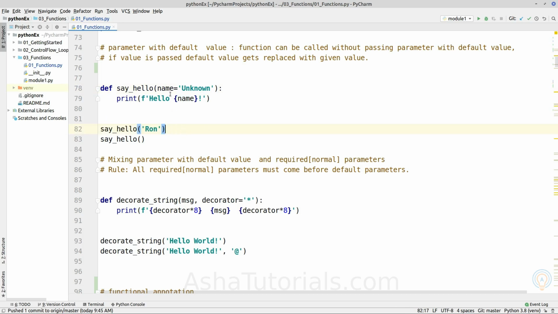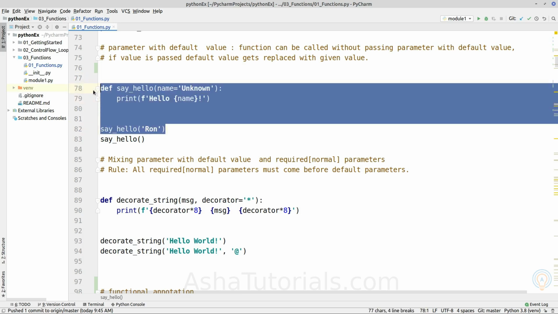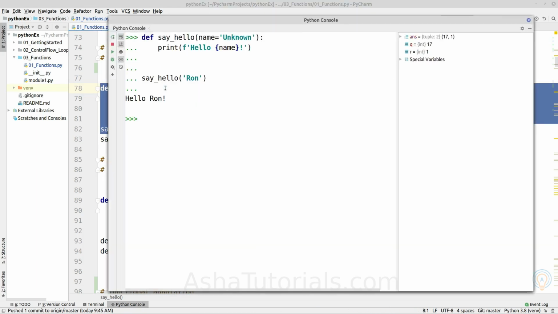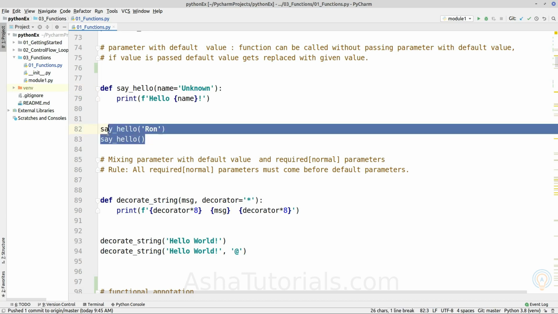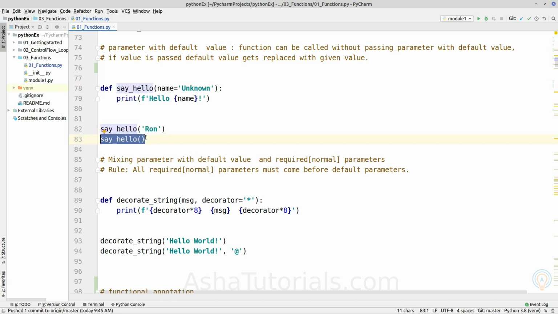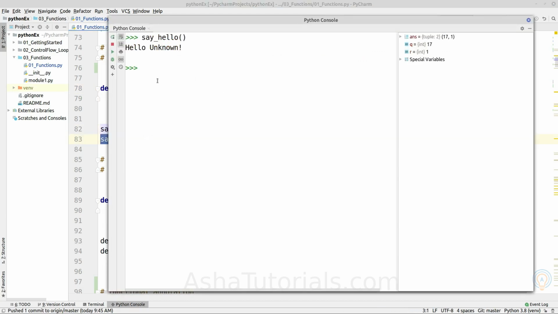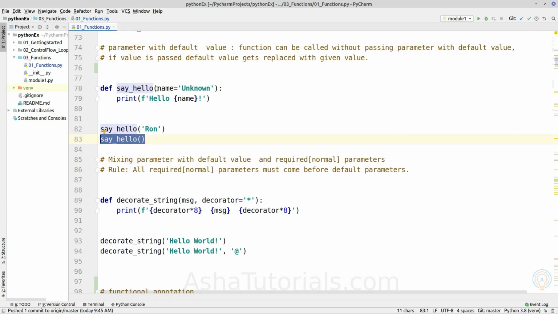So if we execute it like this, and if we provide a value, the default value unknown of the name parameter will be overridden with the new value, which is Ron. Okay, and if we don't provide any value to the function, as we can see, it will take the default value of the parameter which is given in the definition of the function. Okay,